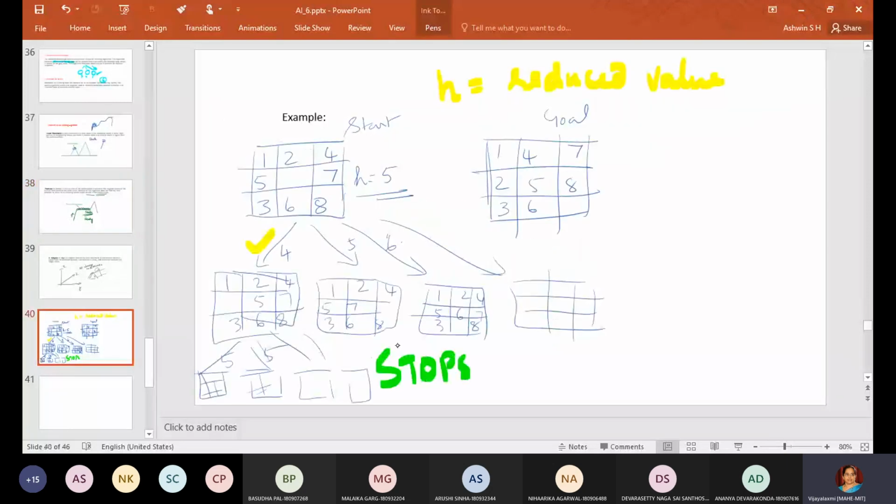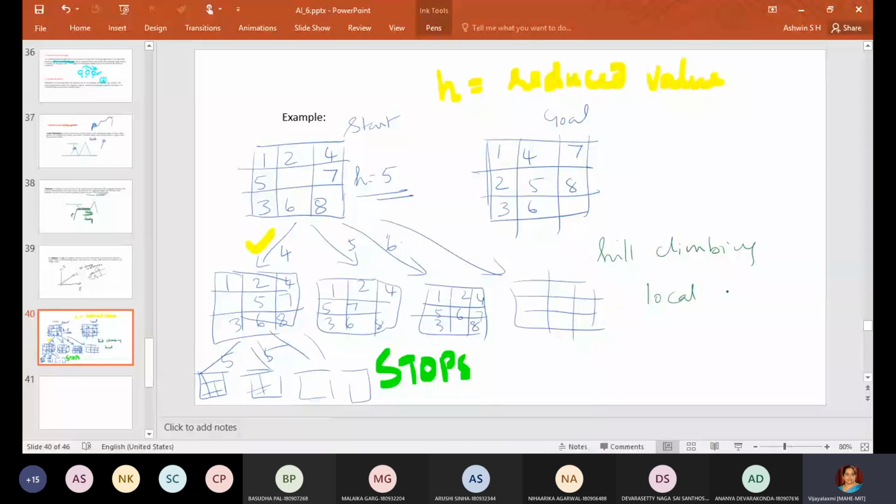That is clearly explained with this example. When you get the same value of heuristic, it assumes that it is a constant value or something like a local maxima, because there is no further movement and it stops. This is the major drawback of the hill climbing algorithm.